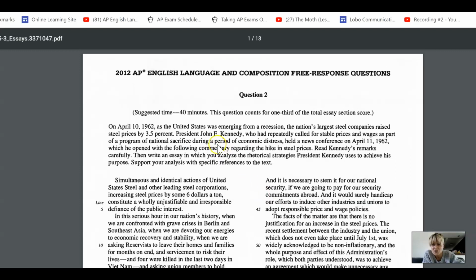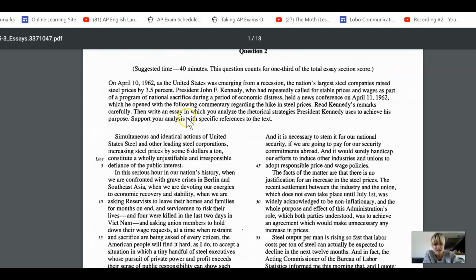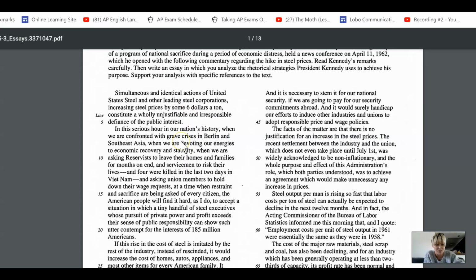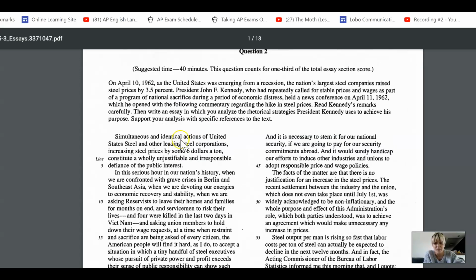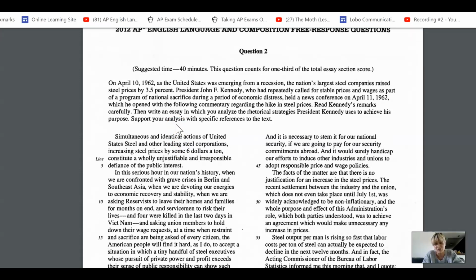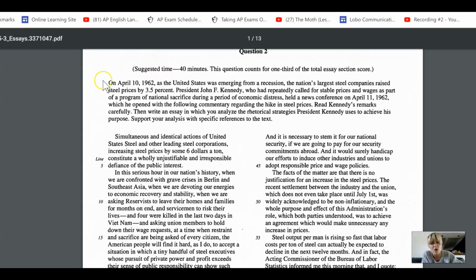So this came out on the 2012 AP test, and students had 40 minutes to write about this particular speech. And what I'm going to do here is walk us through how I would analyze this, so that you can see the process of how you would read a little differently and how you chunk it out to do the rhetorical analysis and annotate it really well. Okay, so let's get started. I always read the opening because the opening section here